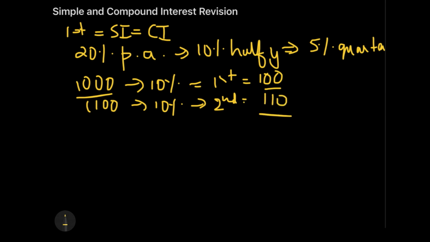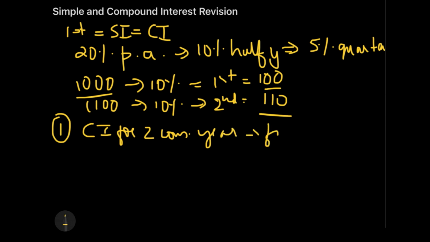Now, this forms another kind of question. Sometimes you would see that the first year and second year, or the second year and third year's compound interest would be given to you, and they would be asking you to find out the principal amount. So this is one type of scenario when the CI for 2 consecutive years is given to you, and you have to find out the principal amount or something related to that in the formula, any one thing, amount or the principal amount, whatever.